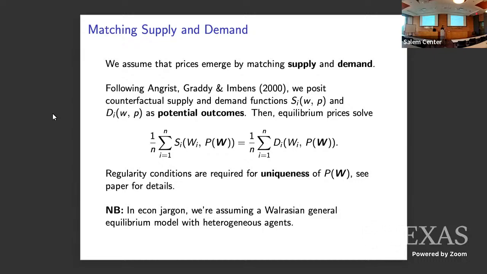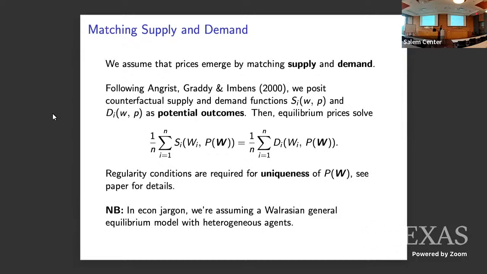If we actually want to make sense of this curve, it's a little delicate. But this paper by Imbens and others does it very nicely. Essentially, what they look at is your supply and demand curves as potential outcomes. So this tells you if I gave you this subsidy and market prices were that, how would you behave? And so then prices arise by solving this equilibrium condition written in terms of potential supply and demand.